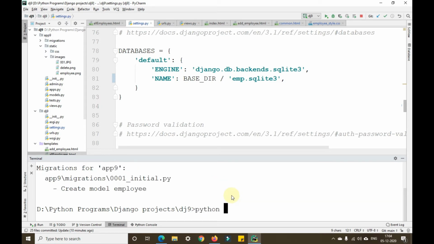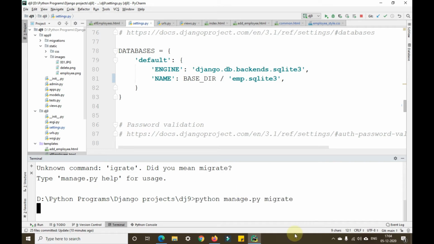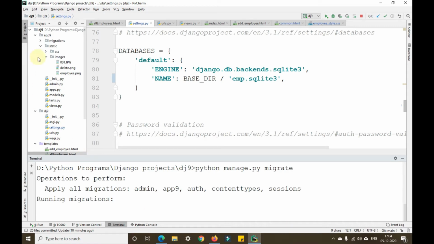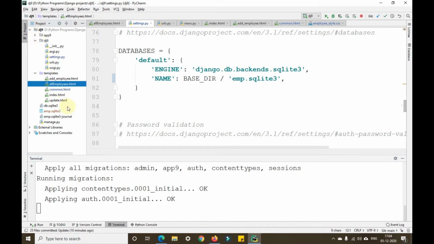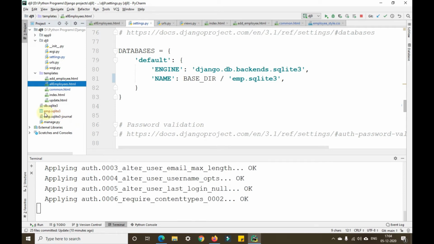Now python manage.py migrate. Since I have written the migrate spelling wrong here, it is asking me if that is right, so let me correct it. You are able to see emp.sqlite3 is available here now.